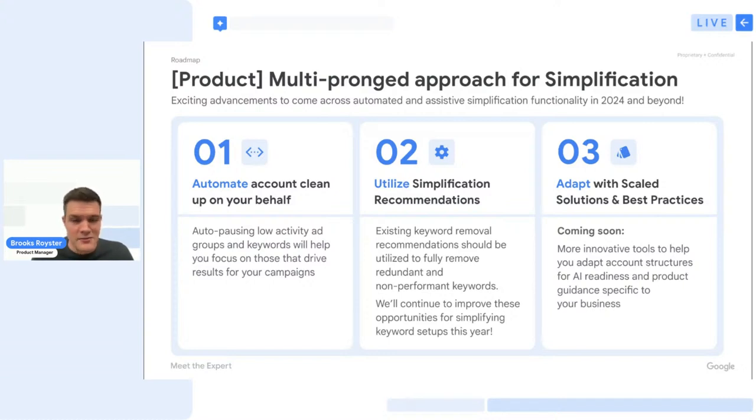And then lastly, but certainly not least, is how do we help you adapt with scaling these solutions and doing a one-click approach to simplifying, and the best practices that would lend you to being able to do this per your business line, vertical, and in these sort of specificities. So we're working on innovative tools to help you do this exactly, and using our AI to do this. So we're excited to announce some new things coming soon, and also the guidance to help you feel equipped to be able to use these at scale and with ease.